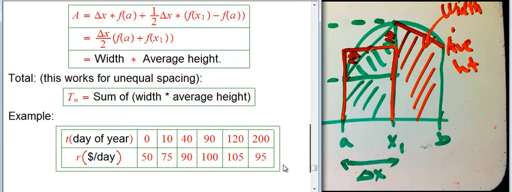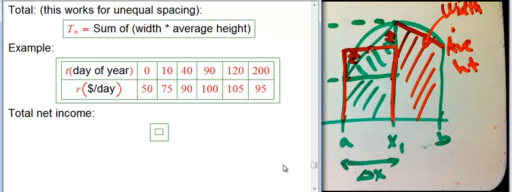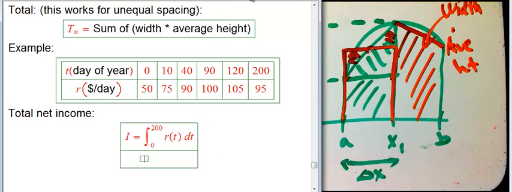So I still want to get total net income. It's still an integral. The income should still be the integral of the rate from 0 to 200. And that's going to be approximately equal to T sub, there's still 1, 2, 3, 4, 5